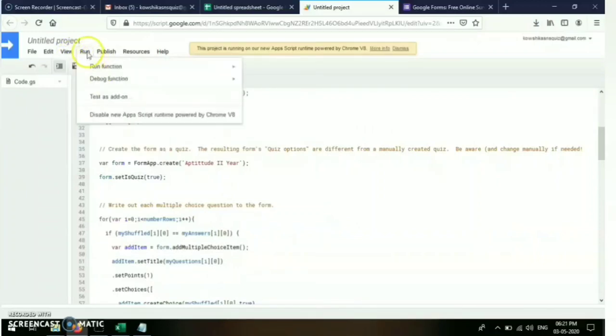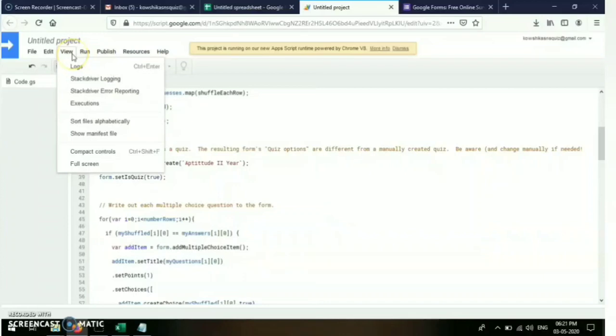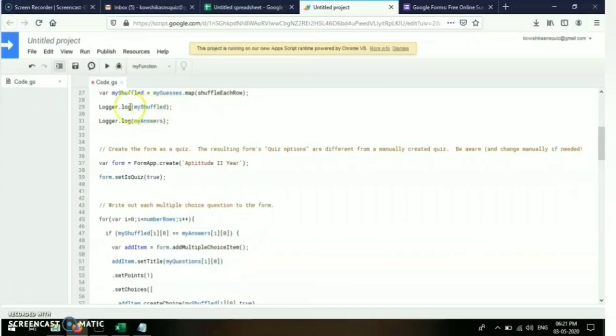Instead of run, if you want to see something which is right or wrong, for example you use printf in your C, right? Likewise you can use this logger function in this script. This is merely JavaScript. Those who have a basic knowledge of JavaScript will understand this very easily.